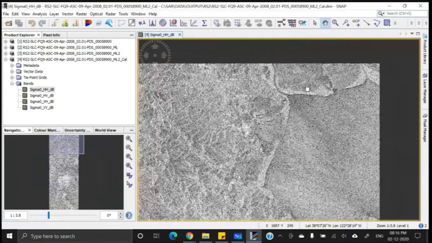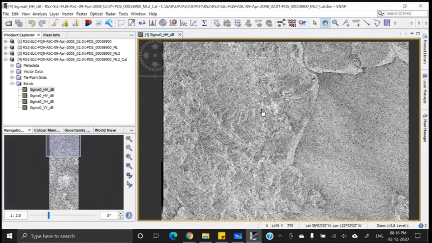As I told you, our next processing is speckle filtering. We need to filter the speckles. We have to apply a special filter, and if we apply it, then ultimately we will get a better image. So the next step is how to perform speckle filtering.